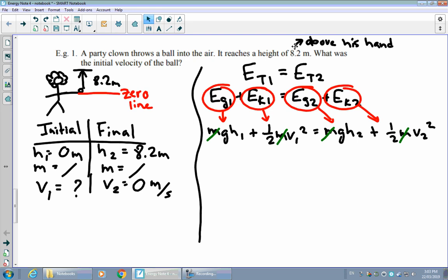So that's nice that that canceled out, but we can actually simplify this overall statement even further. What we can do is look at our given information and take a look at any zero values that we have, because zeros can be really handy. For example, we know that h1, or the initial height, was 0, which means that any term that involves h1 is going to become 0 when we plug it in.